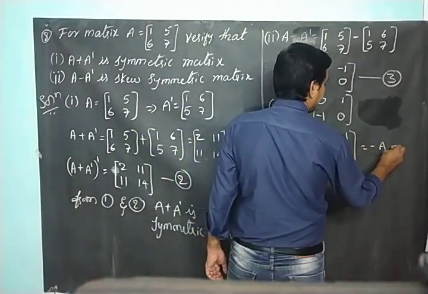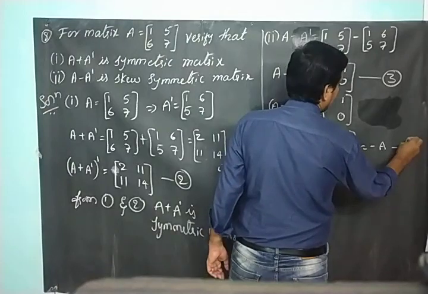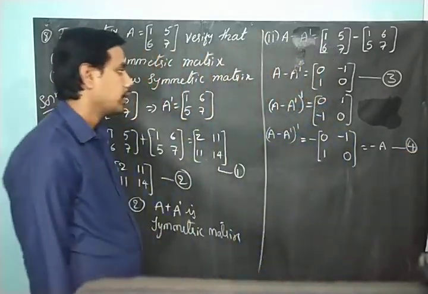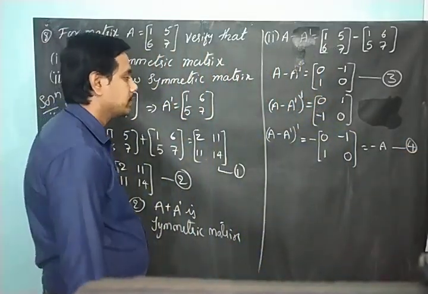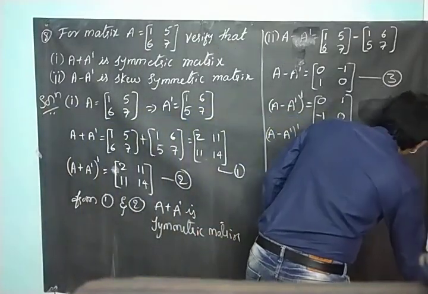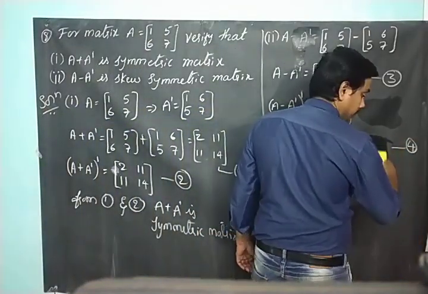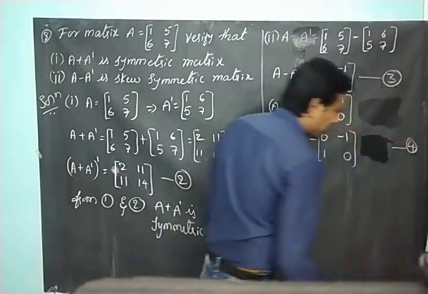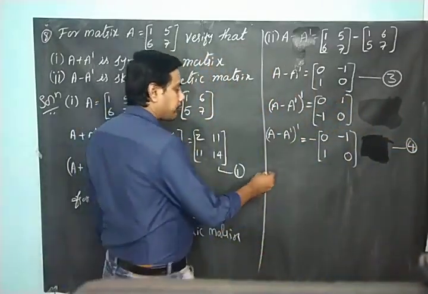And that is equal to what? Minus A, right? Sorry, not minus A. Let it be as equation 4 only. So from 3 and 4 I can write,